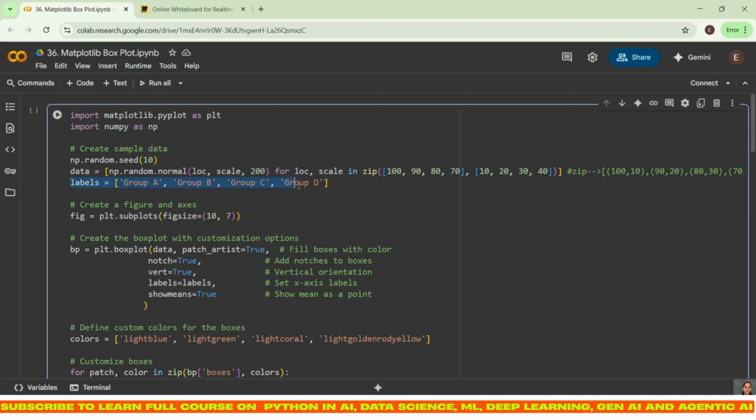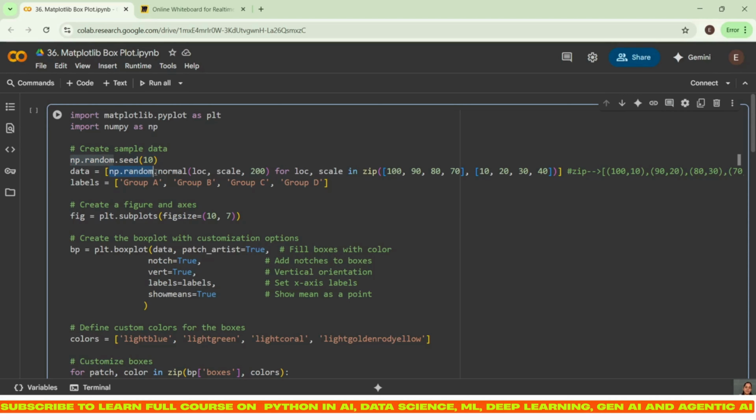So here we have created labels, group A, group B, group C and group D. Then we are creating data, like the data points or the data set. How are we doing it? We have created a normal distribution curve right here. Before that, we are creating a seed, guys. I have already told you about seed in our NumPy sessions. During that time, I told you that seed can be used for fixing the data, right? It is not going to move, it is not going to change. Irrespective of how many times you run the code, it won't change. It is going to take that particular set of data and give you the output.